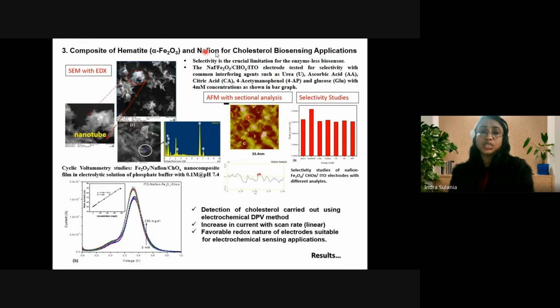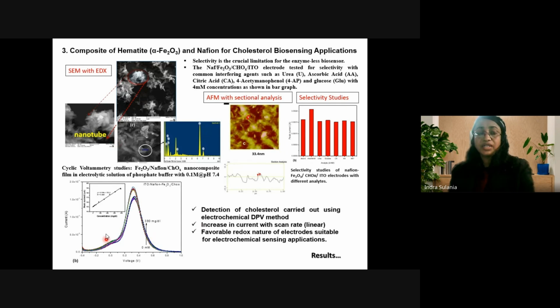So we form the composite using the chemical routes, and we scan the surface using the scanning electron microscope. You can see that the beautiful nano rods are formed on the surface. Nano rods have special geometry, and the active surface area is more than the dots. So it actually interacts more with the sensing molecules which we want to sense. And we confirmed this further with the AFM, which also complements the findings of SEM.